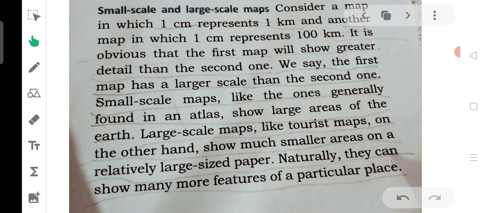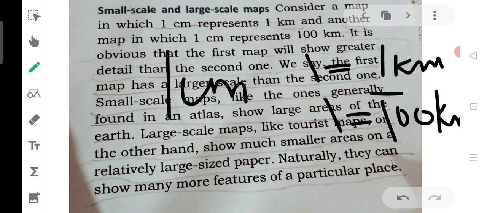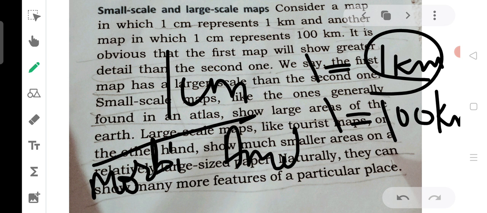See, 1 centimeter, this much, equals 1 kilometer, or this much distance equals 100 kilometers. So which will show more details? Now see, it is Morbi, it is Ahmedabad.